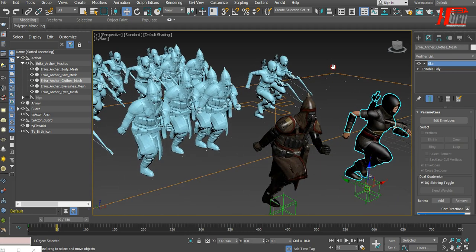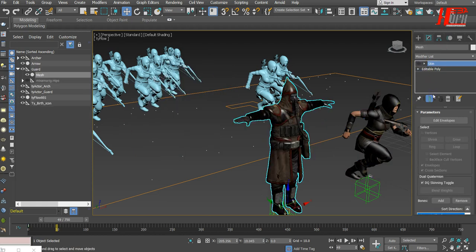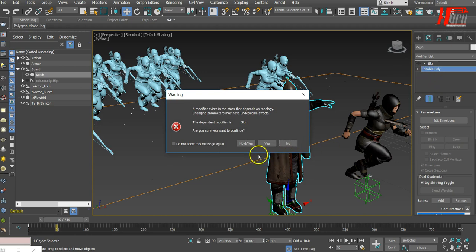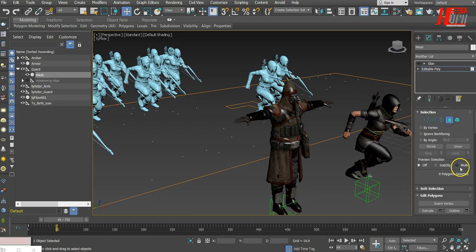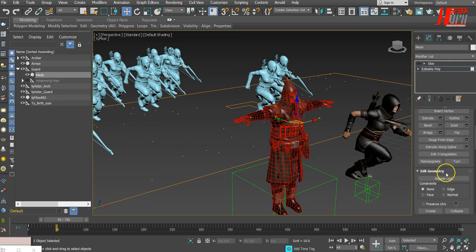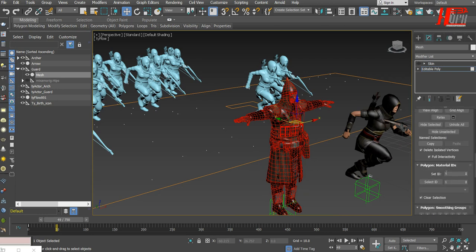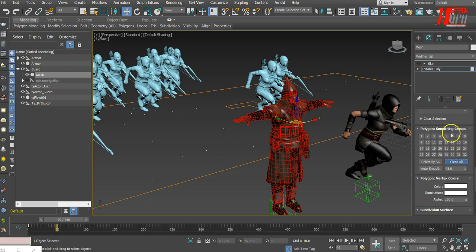Let's do the same with the other character. So let's select this one, hide the skin, editable poly, yes, select the faces, Ctrl A to select all the faces, go down, down, down, just wait, clear all the smoothing groups, okay, cleared, auto smooth now,